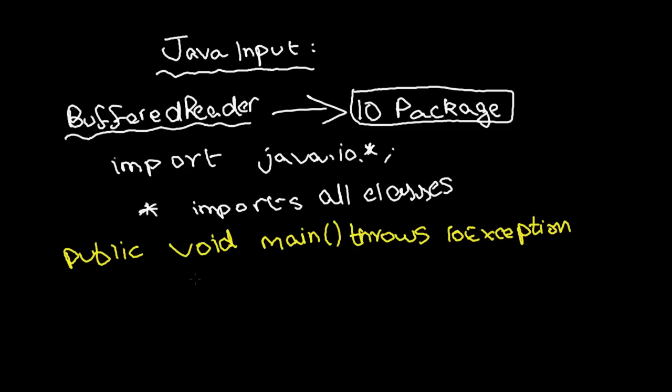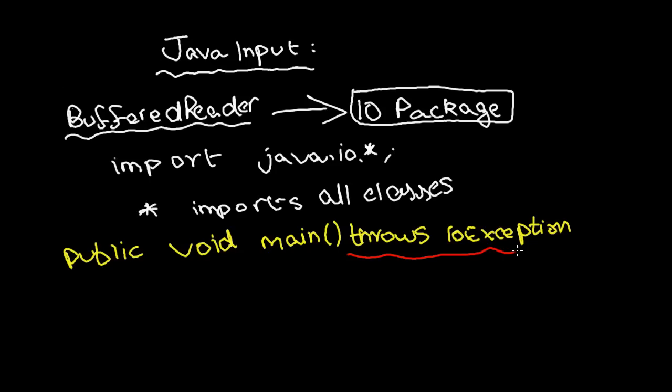You guys don't need it. It's not necessary to write string args if you're programming in BlueJ. If you're programming in core Java, it is. By core Java I mean just normal Java, not in BlueJ. So you can leave out the string args. Don't worry about that right now.